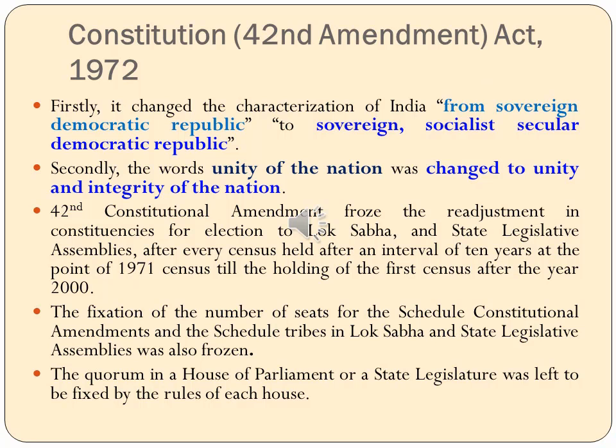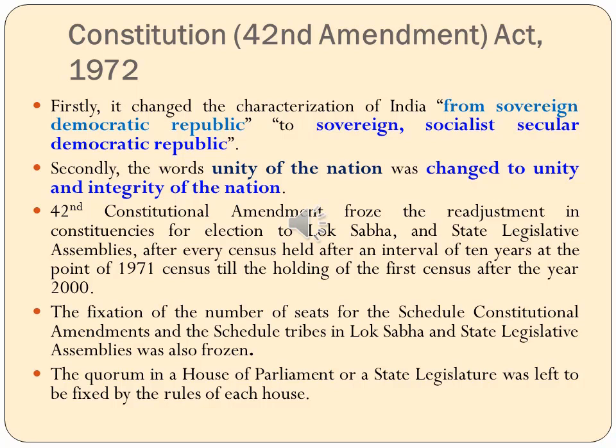The next is the Constitutional Amendment Act of 1972. So basically it changed the characterization of India from sovereign democratic republic to sovereign socialistic secular democratic republic. So the 42nd Amendment Act of 1972 is one of the major amendment acts because it brought in a lot of changes to the basic structure of the constitution. Secondly, the words unity of the nation were changed to unity and integrity of the nation. 42nd Constitutional Amendment Act